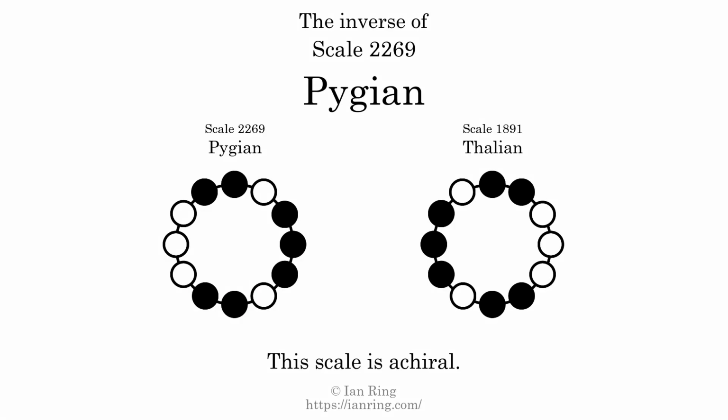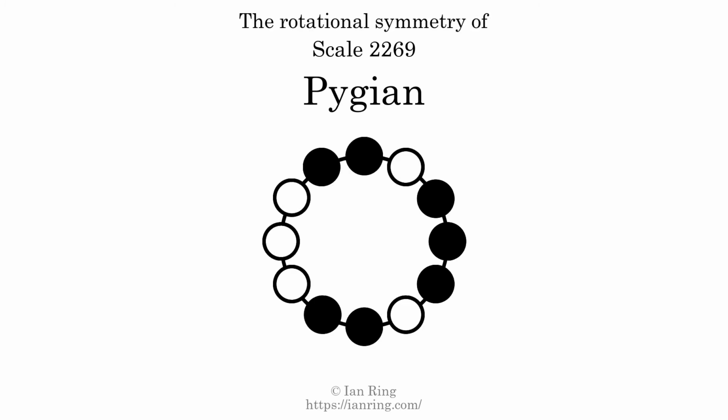The inverse of a scale is a mirror image. It is what you get when the sequence of intervals is reversed. The inverse of this scale is scale 1891, also known as Thalian. This scale is achiral, since it can transform into its own reflection by a rotational transformation. This scale has no rotational symmetry. For even more detail about this scale, visit